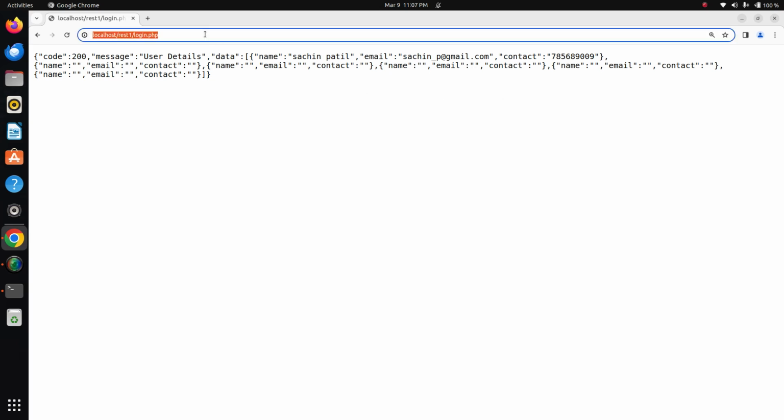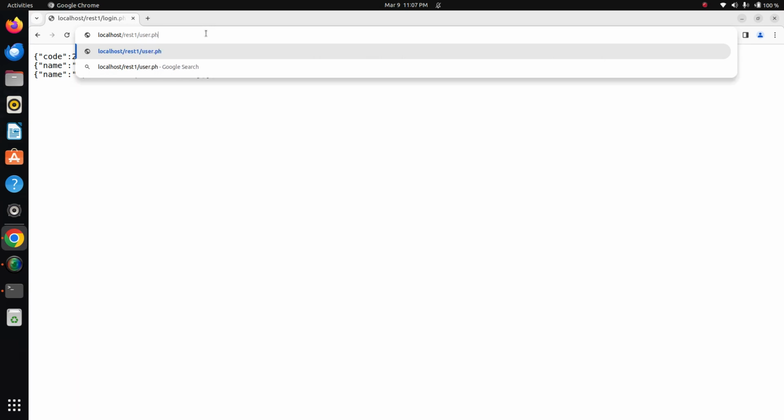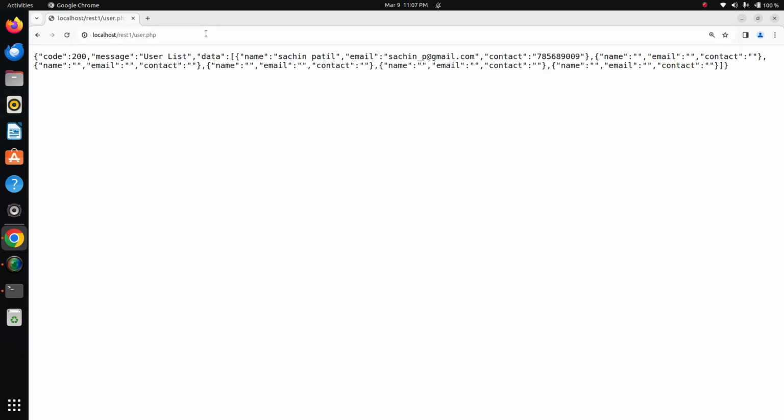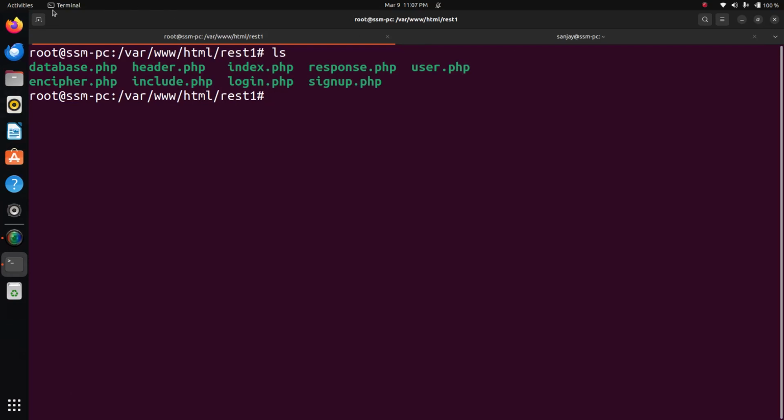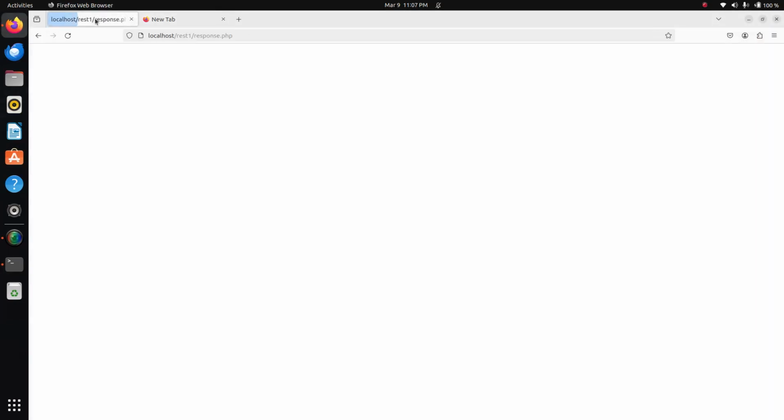Okay, now we will have user.php. Yes, we are getting output in proper format. One thing I will do, I will use Firefox, it will give proper output.